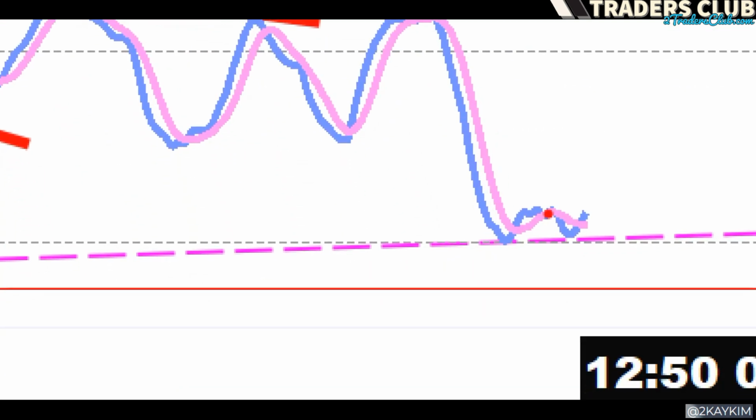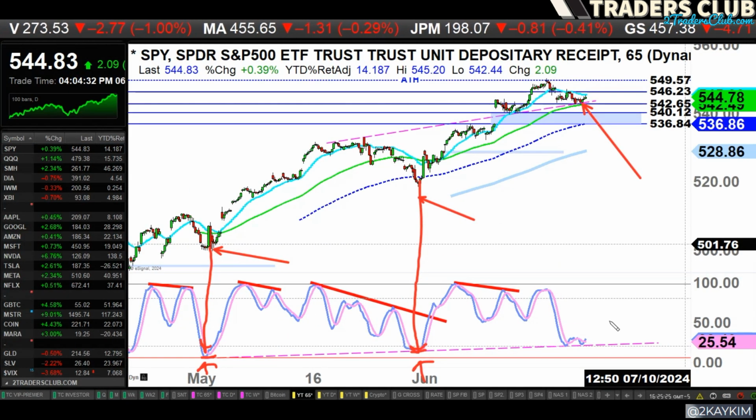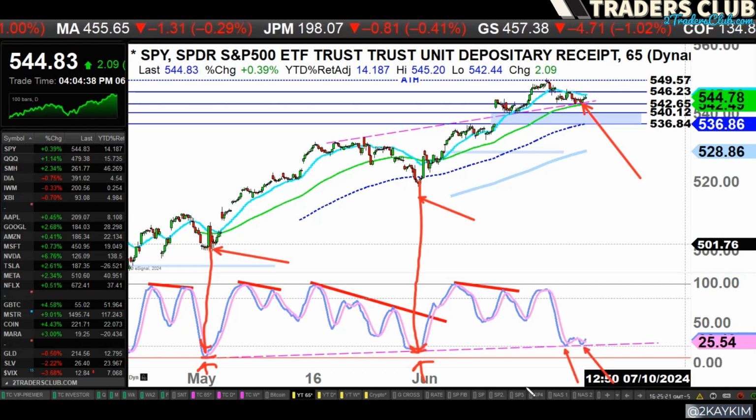And that oscillator double bottom is extremely interesting here, especially for the fact that we're right on the rising support line on that oscillator. It's actually kind of rare to see because this does not happen a lot, especially on the 65-minute chart, because on the 65-minute chart the price action can get a lot choppier versus, let's say, looking at a daily chart or weekly chart. And so it's an extremely rare sight here,